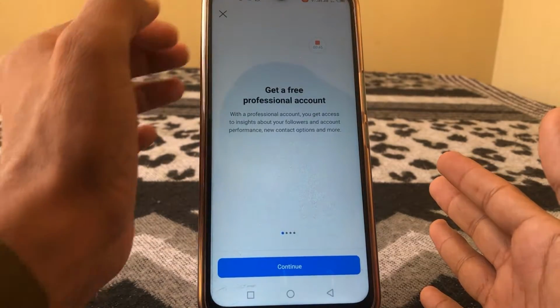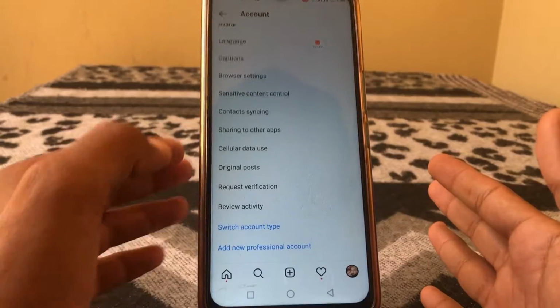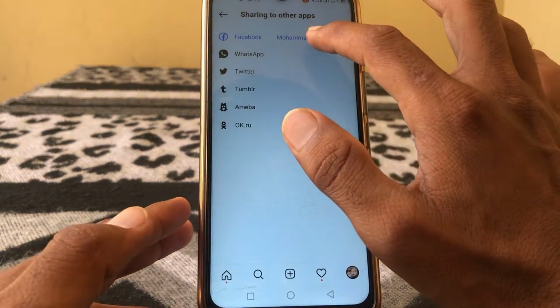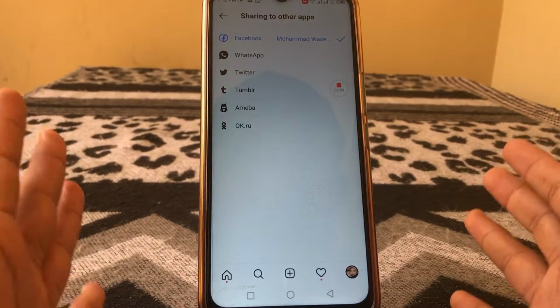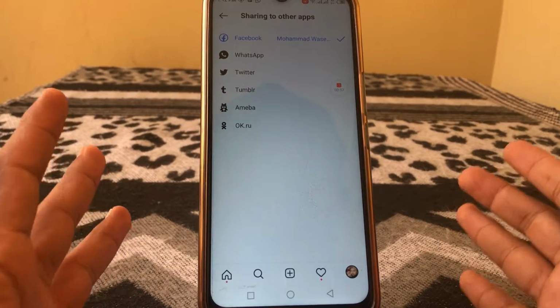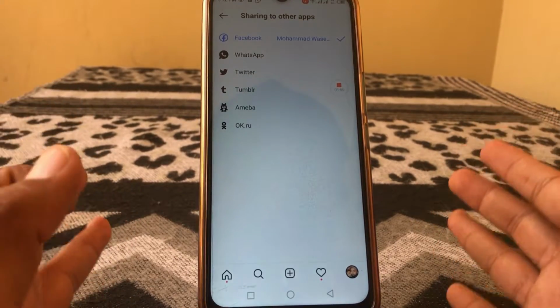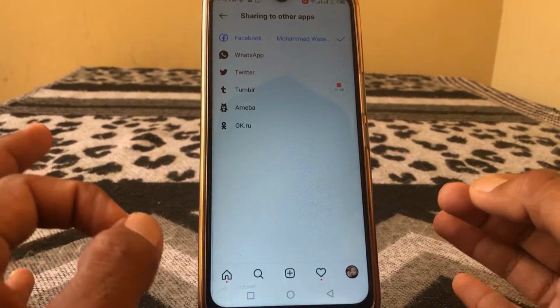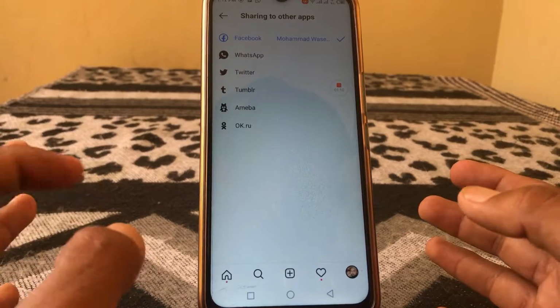If the problem still exists there, then what you have to do is just simply tap on share to other apps, and you have to link your account to one of the apps. So you have to link your account with WhatsApp or Facebook, and then check whether the problem has been fixed or not. And if you are still facing this type of problem, then what you have to do is just